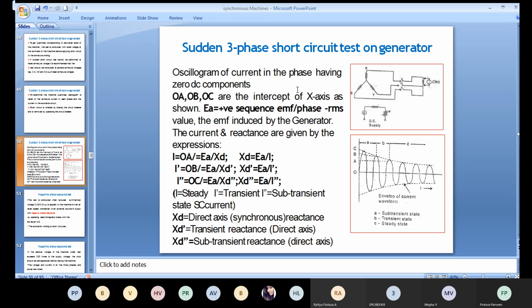Oscillogram of current in the phase having zero DC component, that is OA, OB and OC are the intercepts of the x-axis as shown. EA is equal to positive